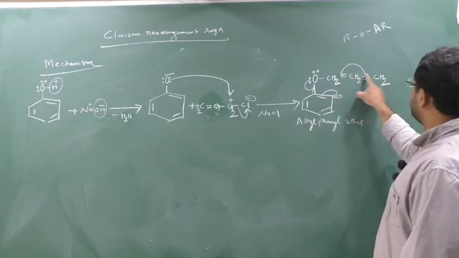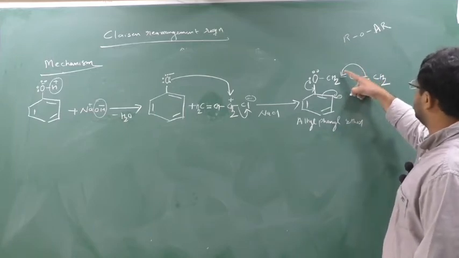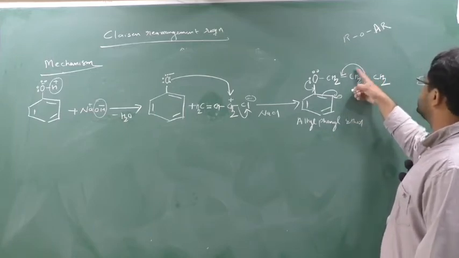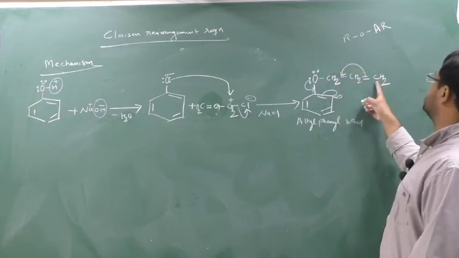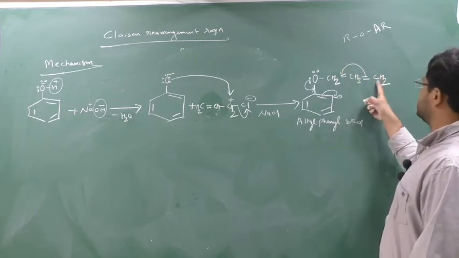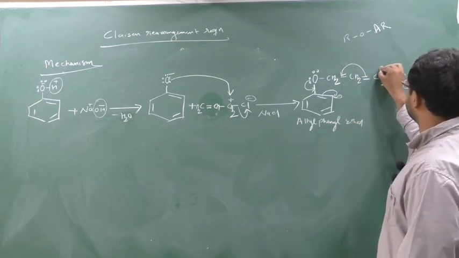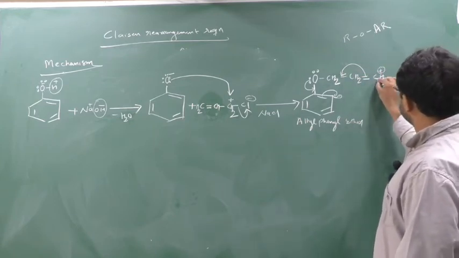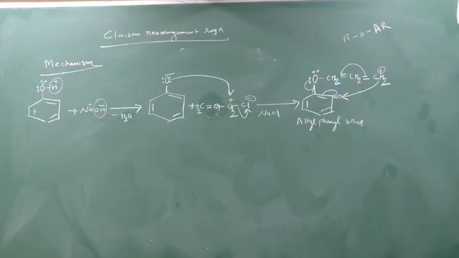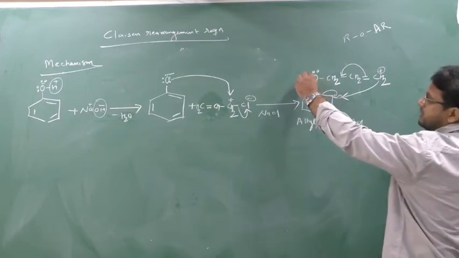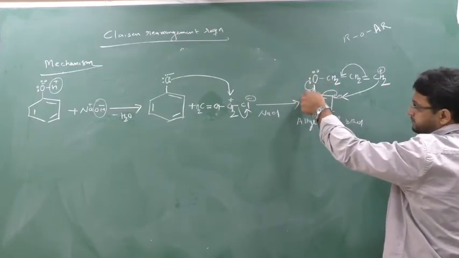And when this pi bond shifts here, the one who gives the electron, this CH2, is giving its pi electron here. The one who gives the electron creates a positive charge. So this CH2 will be shifted here. This is a cycle. Understood? Out of 2 lone pairs, 1 lone pair will be donated here to make a double bond.